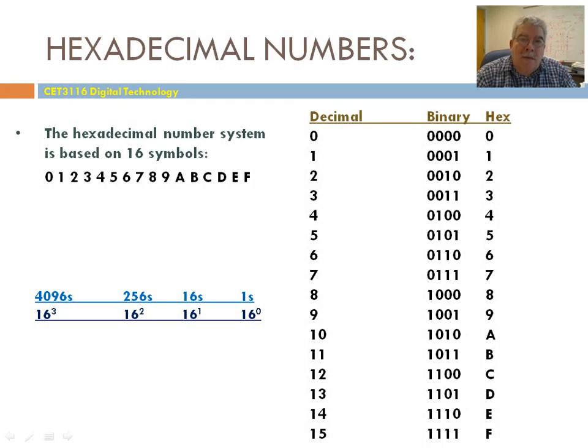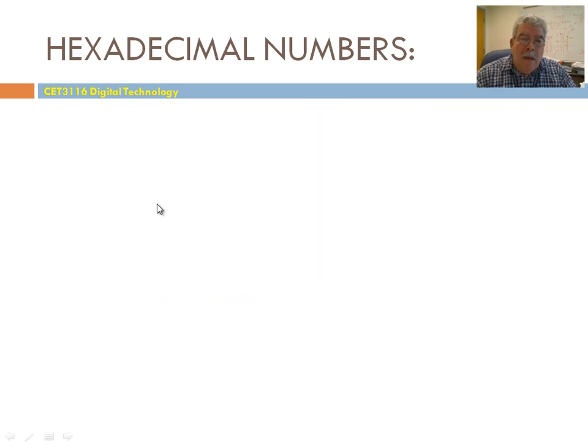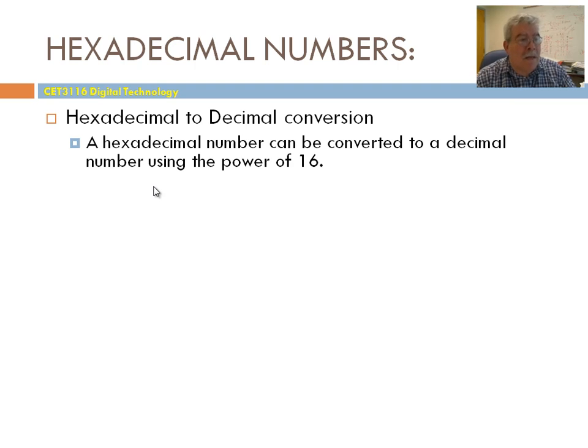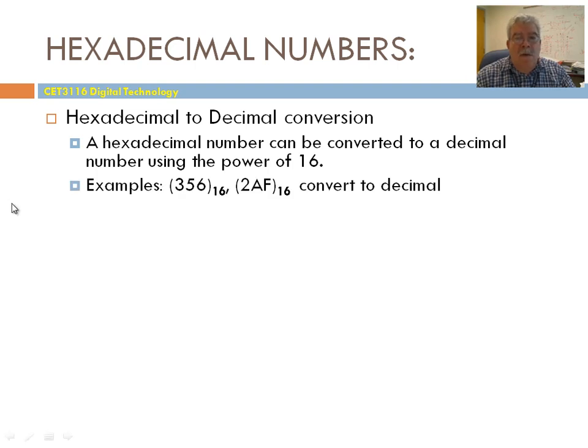Hi again. In this section, we're going to be working with some examples in hexadecimal and octal numbers. So first, let's see how we do hexadecimal to decimal conversion. Remember, we can convert a hexadecimal number to a decimal using powers of 16. For instance, if we have these two numbers, 356 in base 16 and 2AF in base 16, to convert,